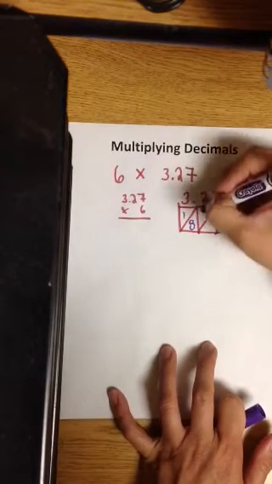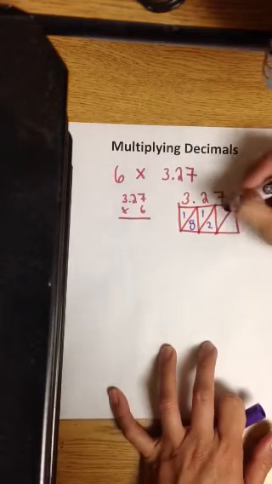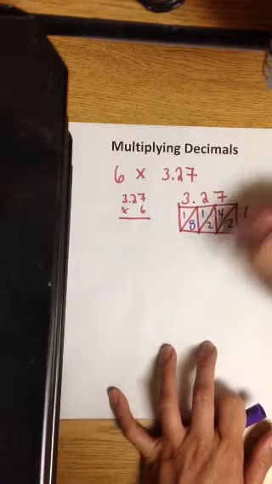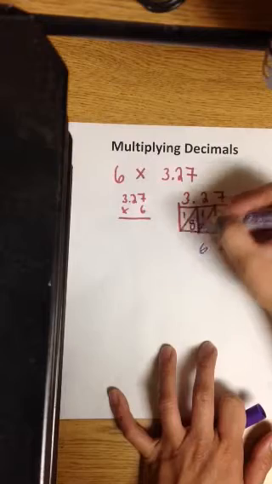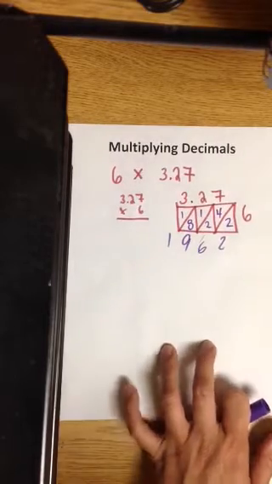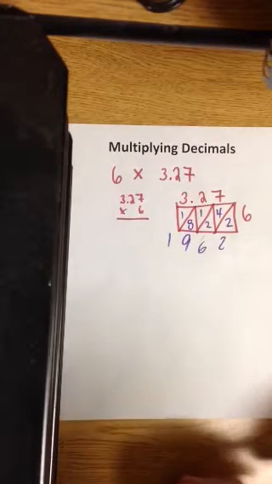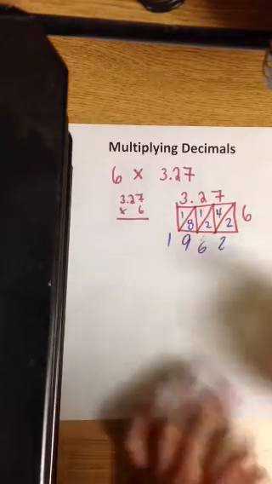18. 2 times 6 is 12. 7 times 6 is 42. You add it diagonally. 2, 4 plus 2 is 6. 8 plus 1 is 9, 1. So we have digits 1962. But what place value is